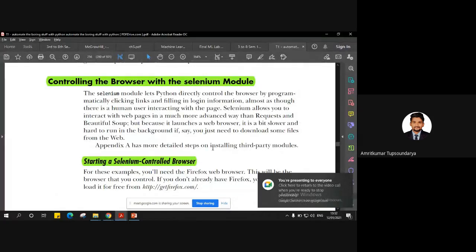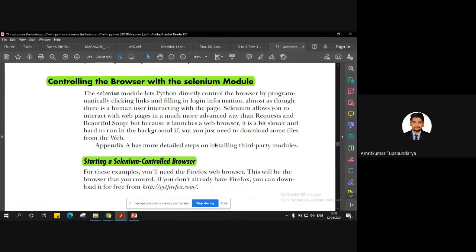Right. So in today's lecture, we are going to discuss the topic of controlling the browser with the Selenium module. Before this, a quick recap of what we discussed in the previous class. In the previous lecture, we discussed two projects. That is Google's feature, I'm Feeling Lucky, which you will find on the Google search engine. We saw how that particular project works, how we divided that process step by step into smaller programs, and how it can be done.